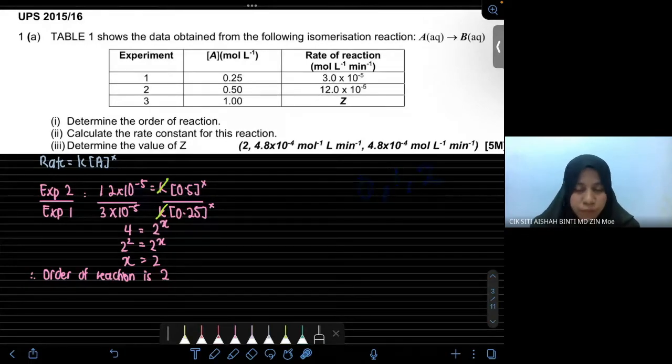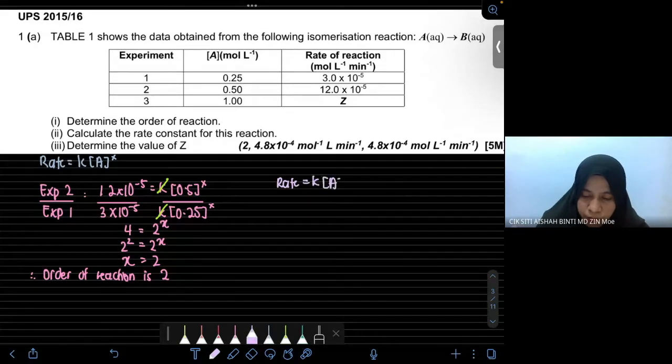But in that example, we will get the order of reaction as 0.5. Okay, so that is actually for question number 1. Okay, so number 2, they ask you to calculate the rate constant for this reaction. So how do we calculate the rate constant? So we know from here our rate law is actually rate is equal to